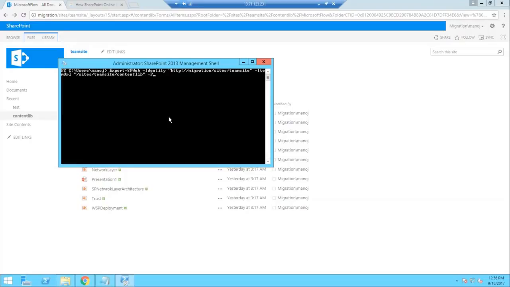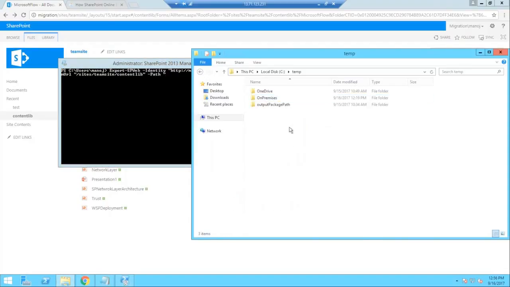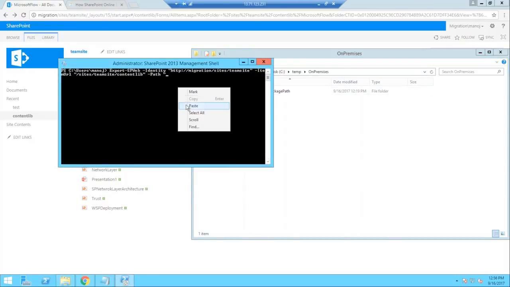After that, we need to give the path where it should store the content. I will take this on-premises path, and it will create a folder with the name content lib only.